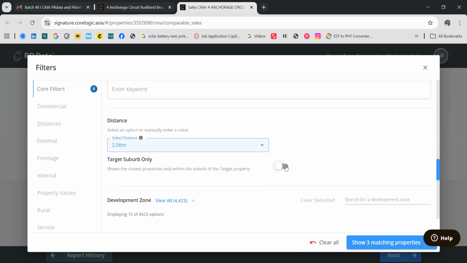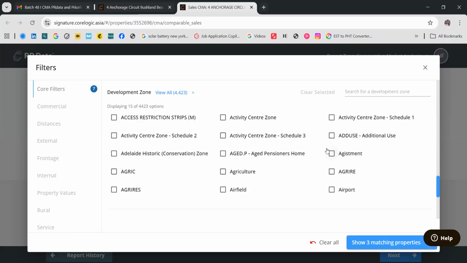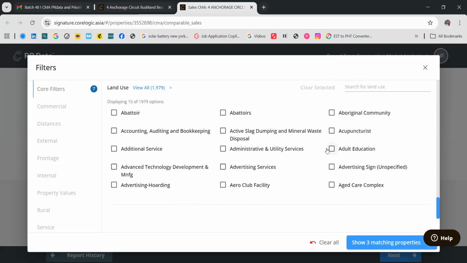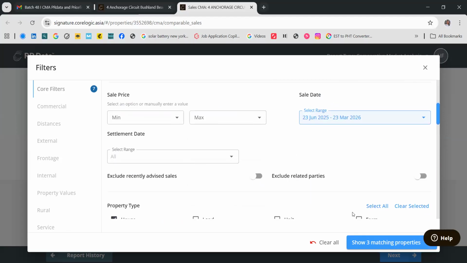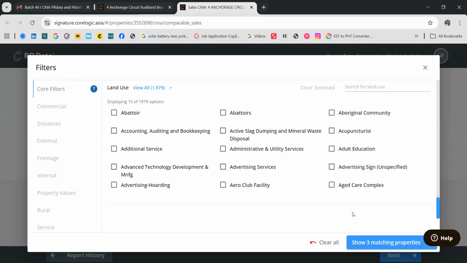Then please toggle on the target suburb only so that we can search similar properties in that suburb. Okay, then for development zone, just skip, as well as the land use, skip. So you can see you have 3 matching properties.